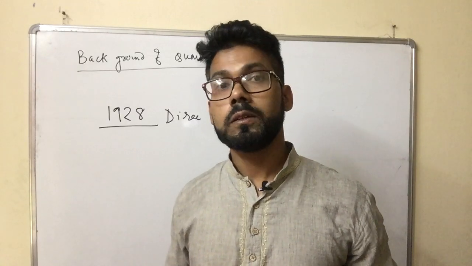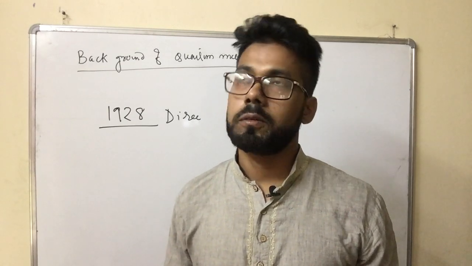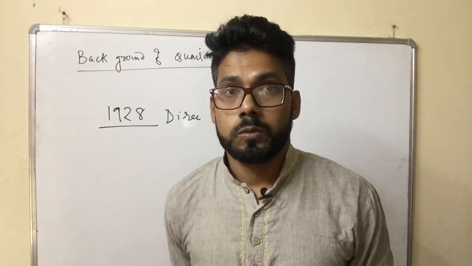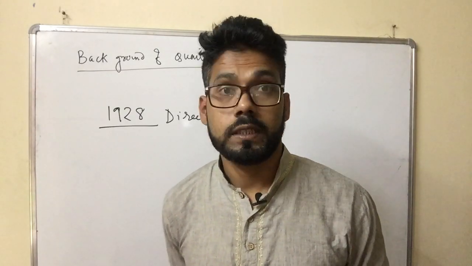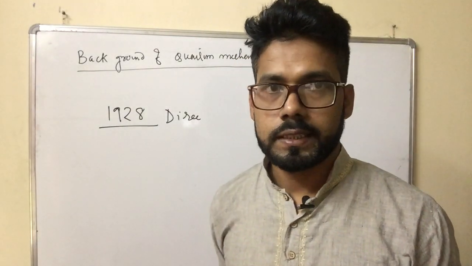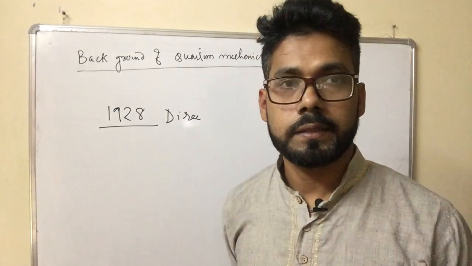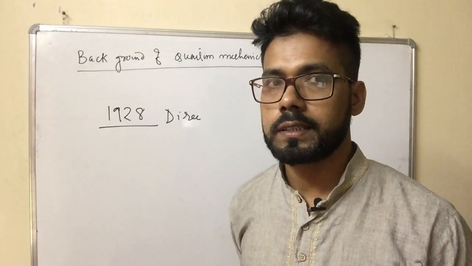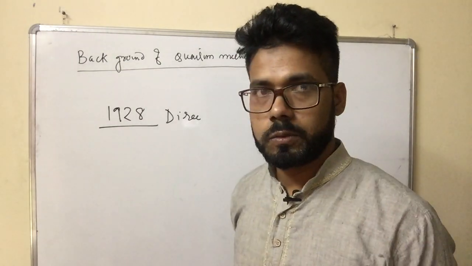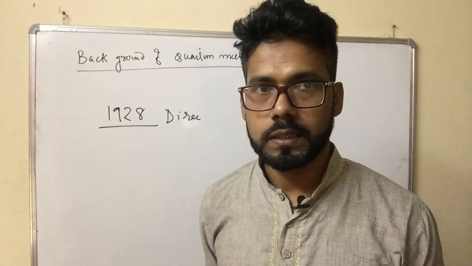Dirac theory also established the spin of the particle, the spin of the electron. We will discuss this in the Stern-Gerlach experiment. The spin of the electron was introduced in 1925, discovered by two German scientists, Stern and Gerlach, and we can understand why it was introduced from the Stern-Gerlach experiment. So Dirac in 1928 provided Dirac theory, and combining relativistic theory and quantum mechanics, we find different types of equations: the Klein-Gordon equation for spin zero particles, the Proca equation for spin one particles, and the Dirac equation for spin half particles.